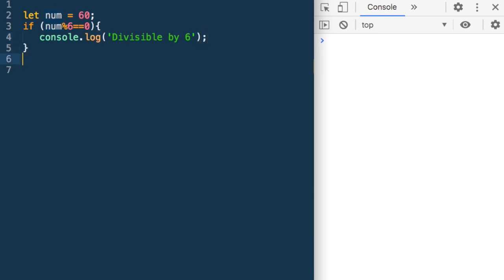Now, should I put if or else if? I should put an else if because if it is divisible by 6, I don't want to check it for others because it will give me more output. I only want to say divisible by 6. So I've said else if num percentage 3 is equal to 0. So if it was not divisible by 6, now I'm checking whether it's divisible by 3. If it is divisible by 3, then I will say console.log